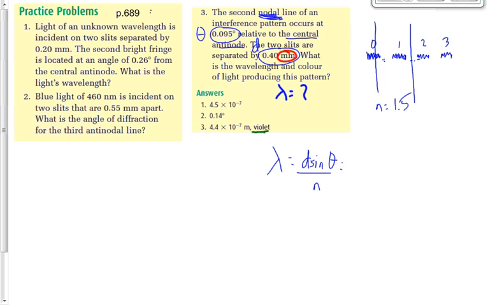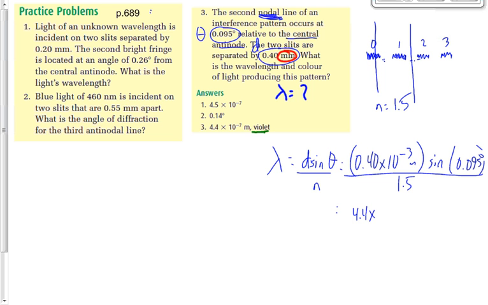d is 0.40 times 10 to the minus 3 meters times sine of 0.095 degrees divided by n, 1.5. We do that math, it works out to be 4.4 times 10 to the minus 7 meters. We should expect to get something times 10 to the minus 7 meters. That's visible light. How would we know it's violet? You don't really have to be able to do that. But